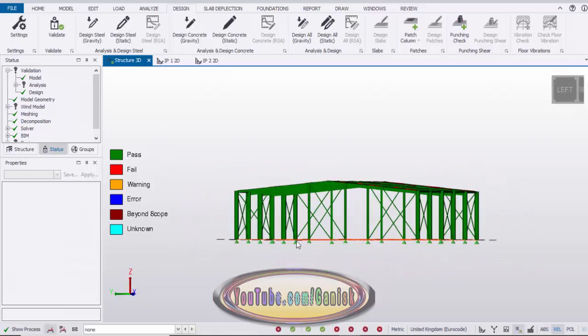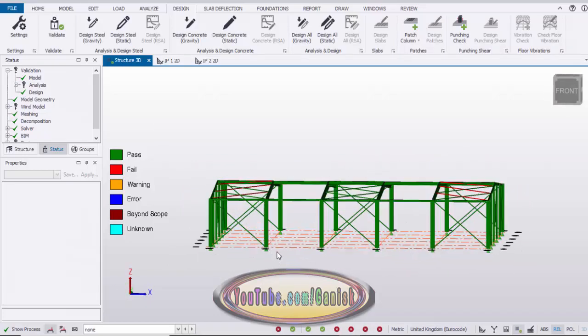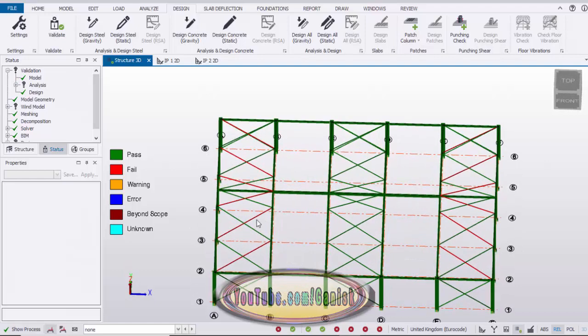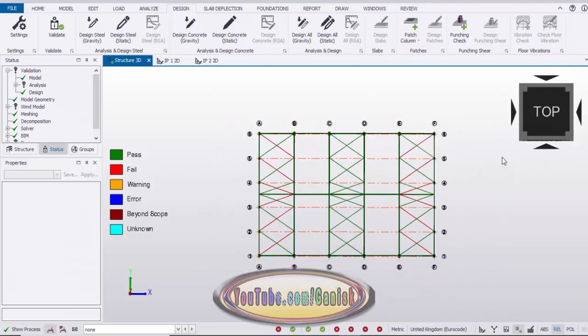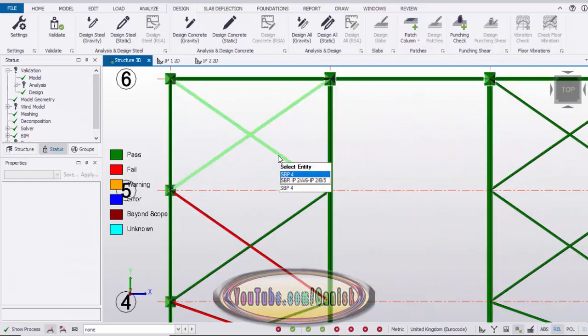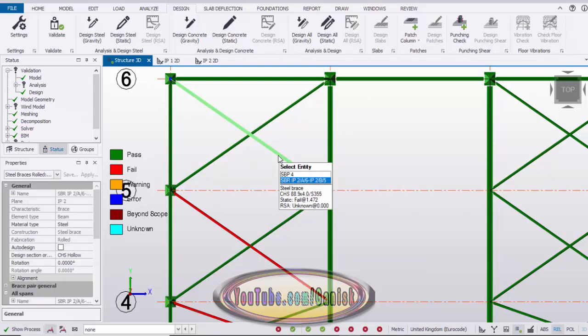Okay, there is no issue with the side wall and the end wall bracings, you can see. Now we have the issue with only the roof, especially for these bracings, only this side and this side. So now I'm going to check here. So click on here top. Now zoom it and just place the cursor on this brace and use the down arrow on your keyboard and click on enter. Now this member failed at 1.4.